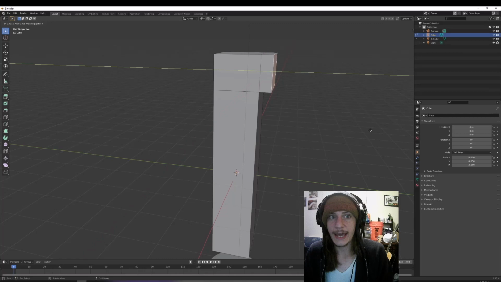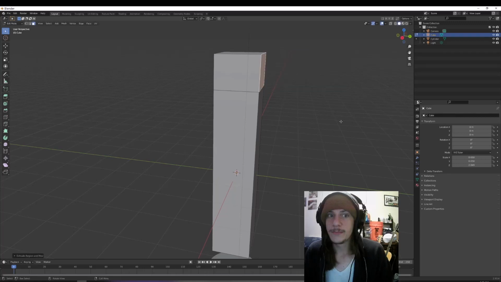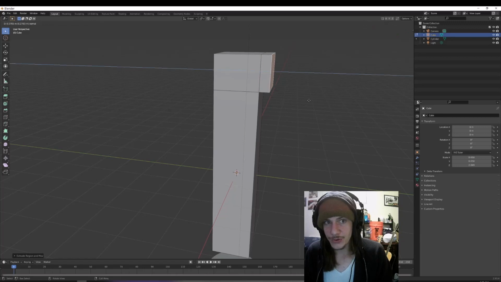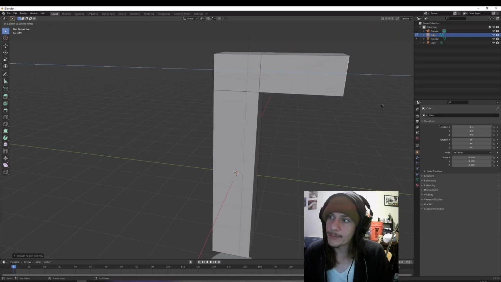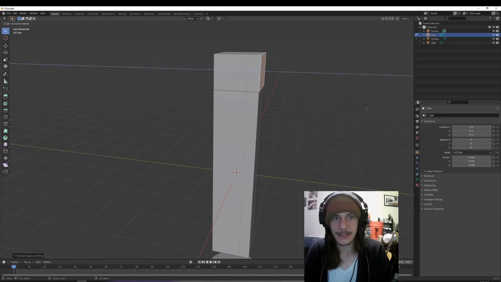Okay, so you could do it freely, and you can try to manually line it up like this, but now you're just fighting against yourself. Make sure that you hit E for extrude and let it lock onto that proper axis, and then here's your opportunity to type the value of it. So I'm going to type 4. Okay, that was a little long. You can hit backspace in this case,